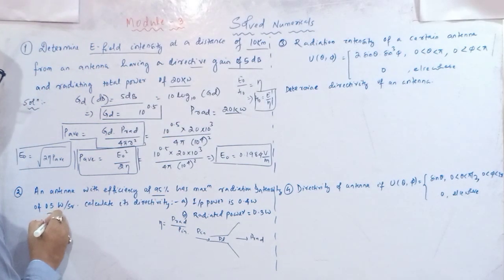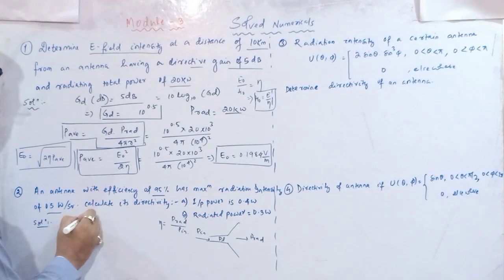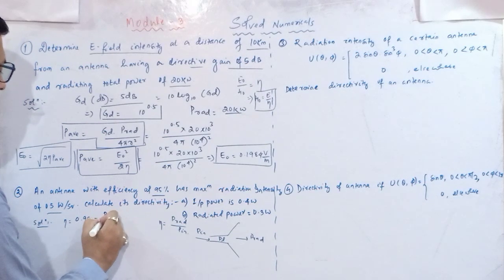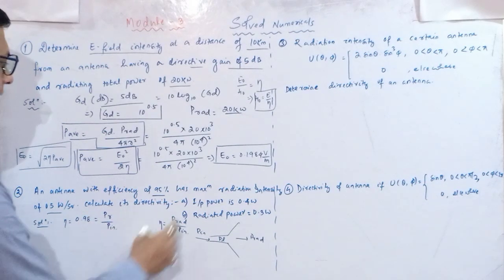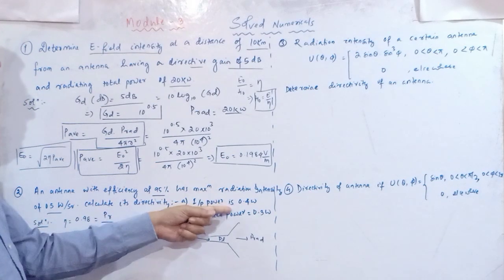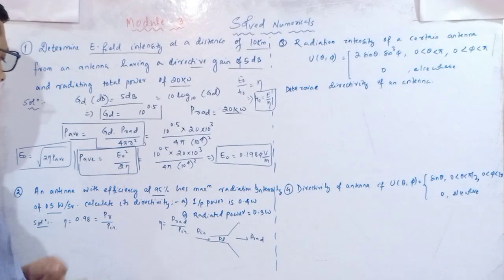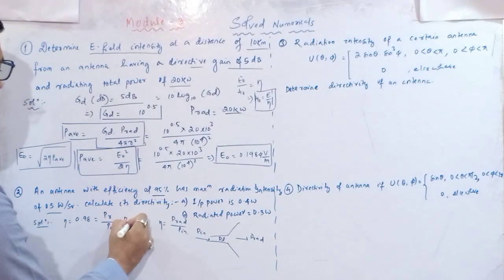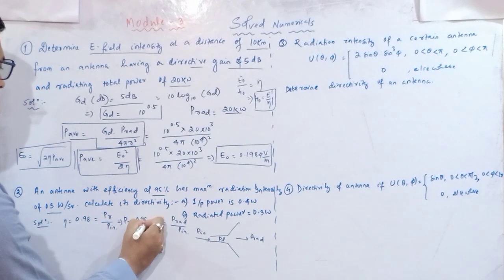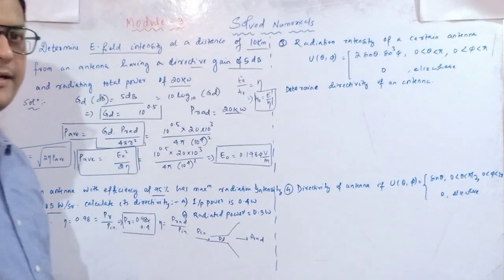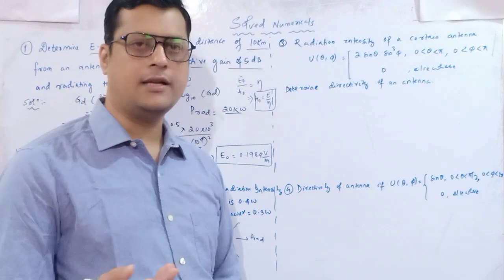So I will start with first efficiency, that is 0.98, which is equal to P R divided by P in, has a maximum radiation intensity of this much. So first the input power is 0.4 watt, given. So input power is 0.4 means your radiated power will become 0.98 into 0.4. So if you solve this, you will get your radiated power. Now once this radiated power is known, you can easily find out the intensity.